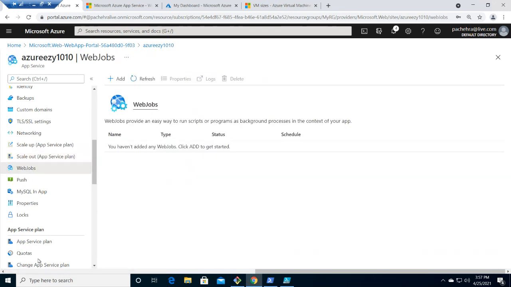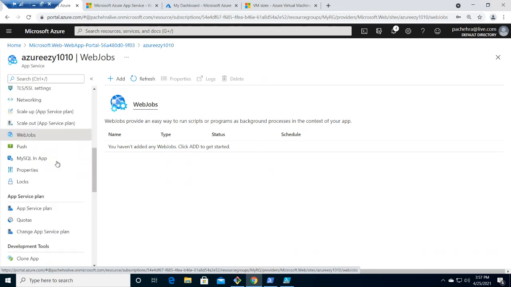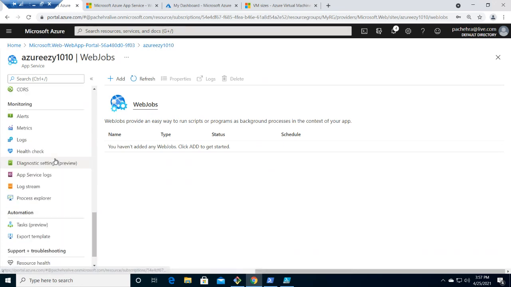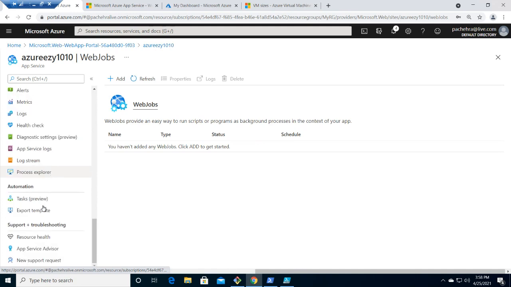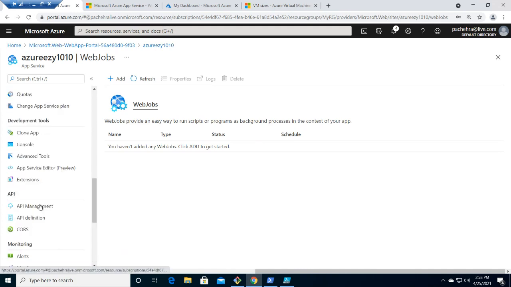Web jobs. Web jobs is a feature of this app service that enables you to run a program or a script in the same instance as a web app or API app. There is no additional cost to use web jobs, and this is a wonderful feature, right? So these are all the features there. A lot will be covered in the upcoming